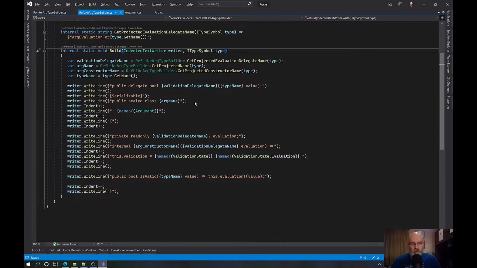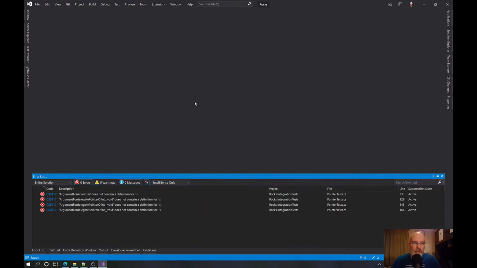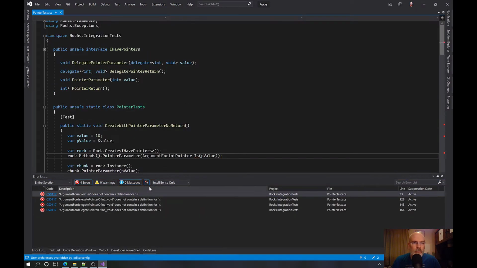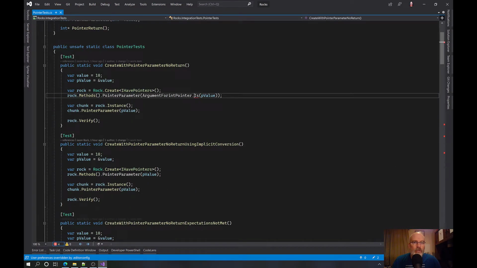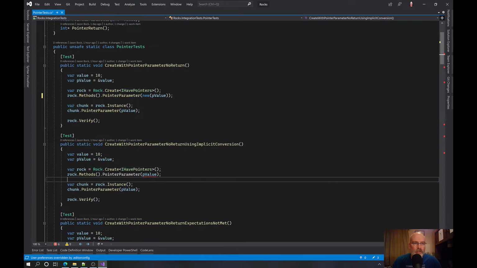So what's going to break now, though, is some code I wrote for pointers, because the syntax isn't there, but that's okay. We should be able to fix that with all speed. Yep. Because these no longer have is. So we just say new. And then that goes away. Same thing here. Oh, that's interesting. P-value.